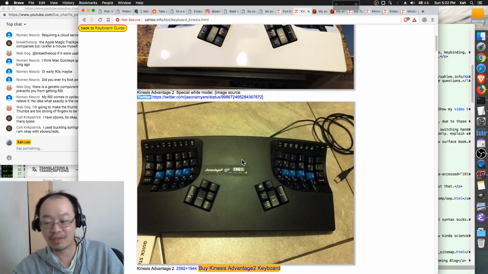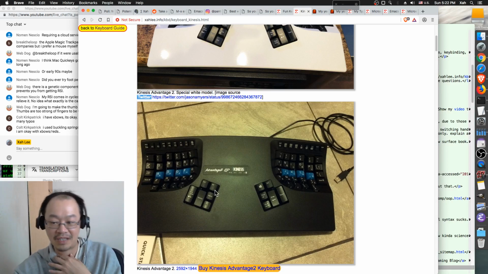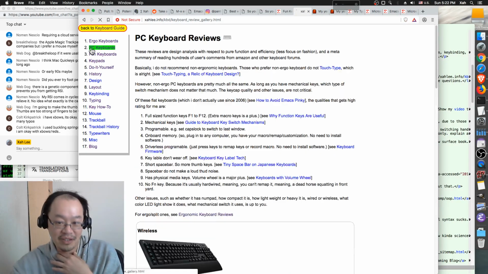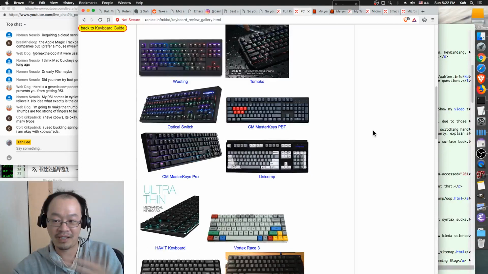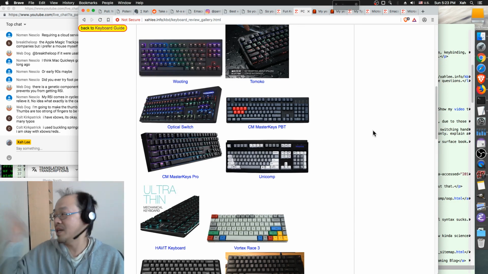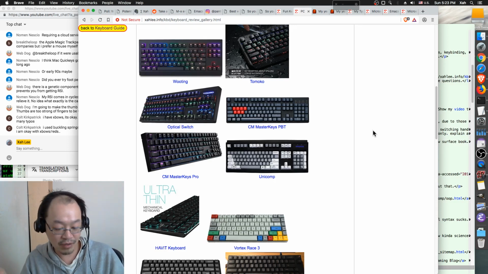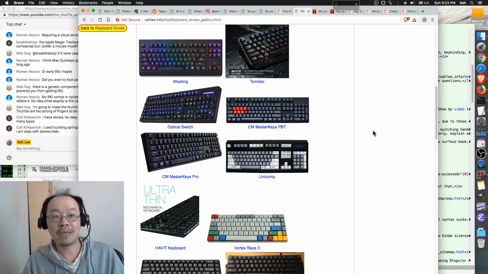I'm not going to spend $300 on this weird thing on my desk. They are perfectly happy with one of these normal PC keyboards. They cannot see why you have so many weird opinions about keyboards. This works fine for them, which is true because maybe they actually don't